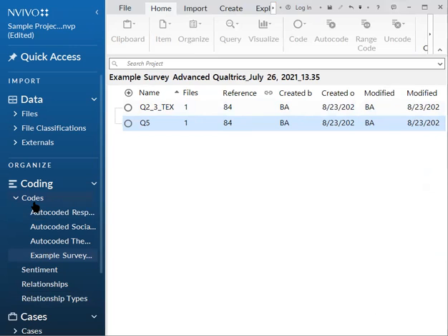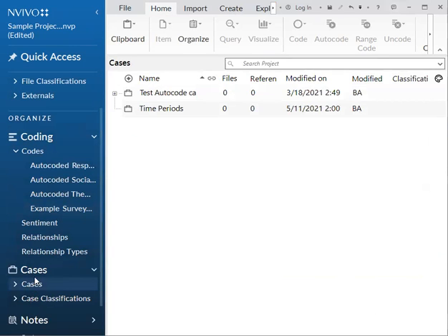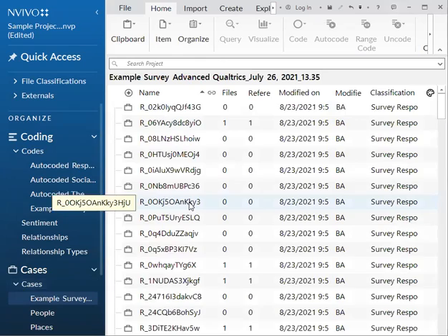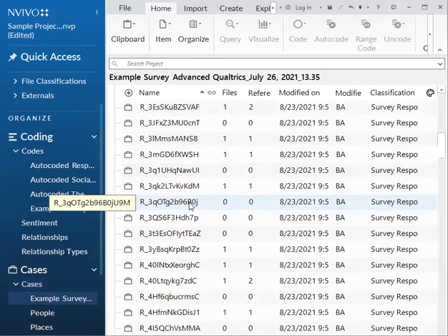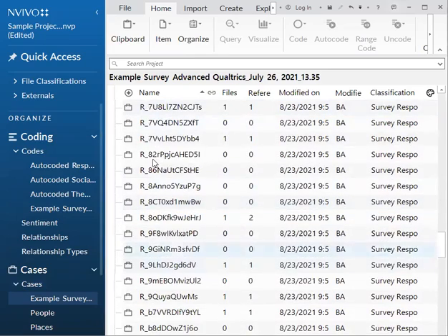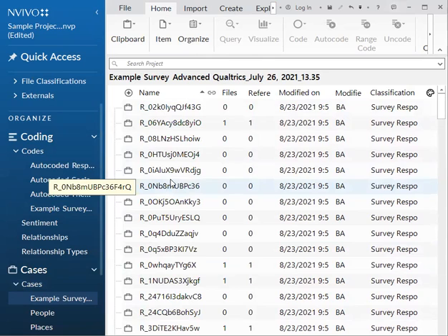You can also do this with cases by going to a case, and so these are all our survey respondents. They all have a different randomly assigned ID.